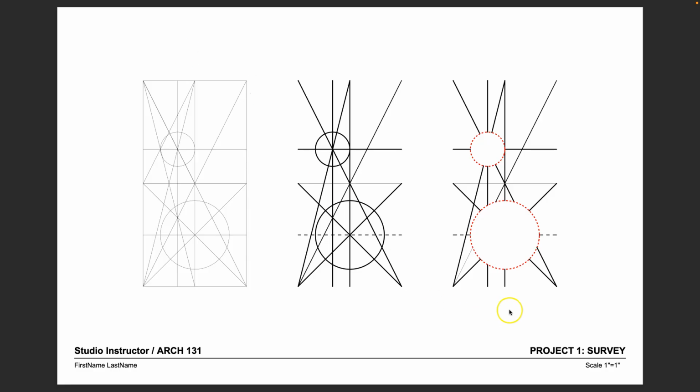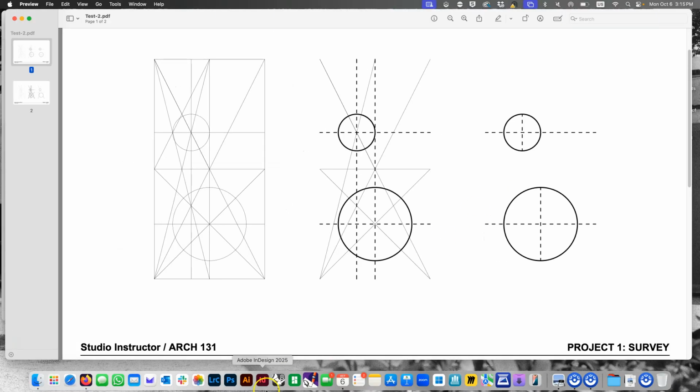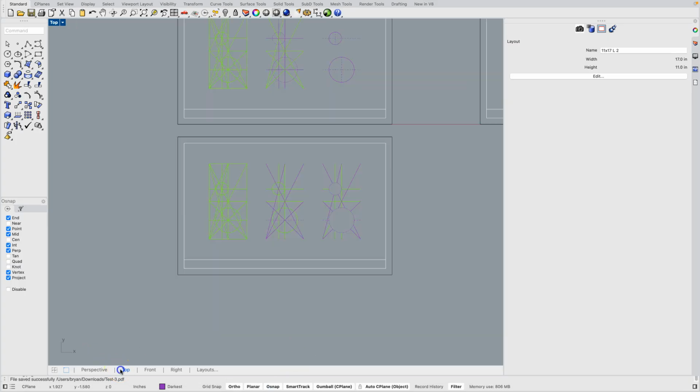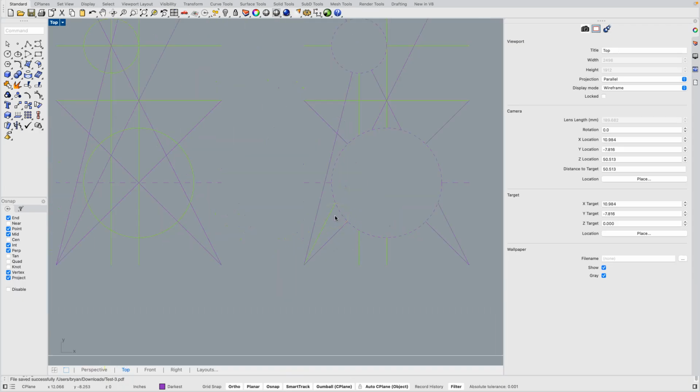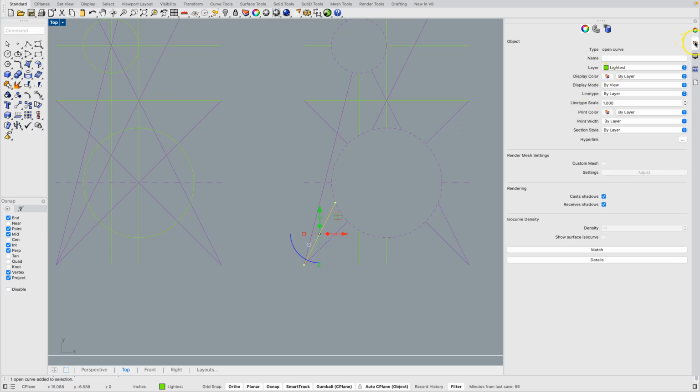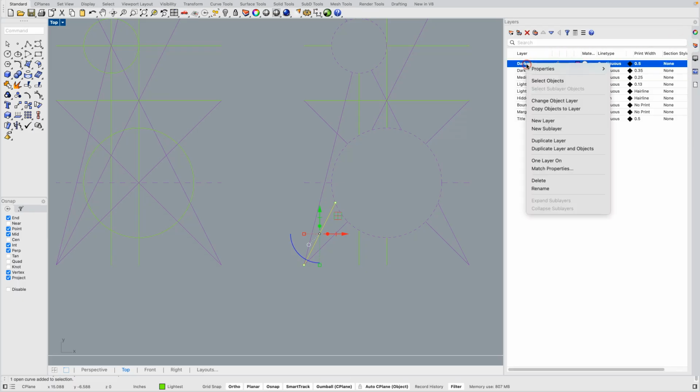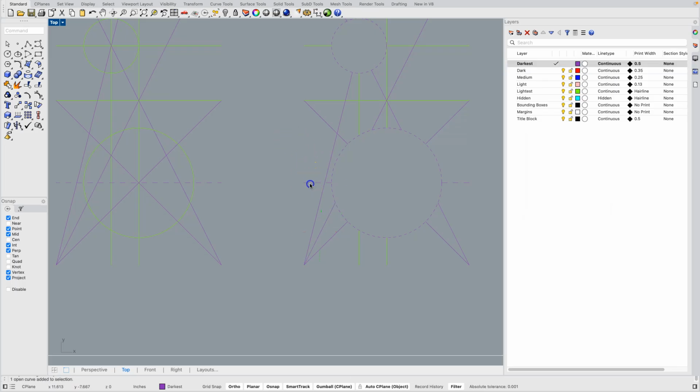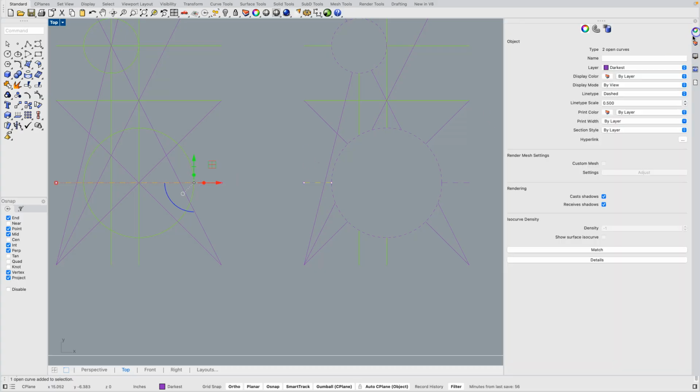aspects of what might be more important in the diagram, what's happening, and so on. Okay? And you can see I missed one here that I didn't match the properties. That's okay. Unlike hand drafting, or if I had to physically print this right away, this is a check print. I know I can go back and say, all right, I'd like this to be solid, and I'd like this to match that, right? So I can go back into Rhino, top view, and I can take this, I can change object layer, and I can take these two and change them to by layer, which will bring them back. And then again, because I had a split line,